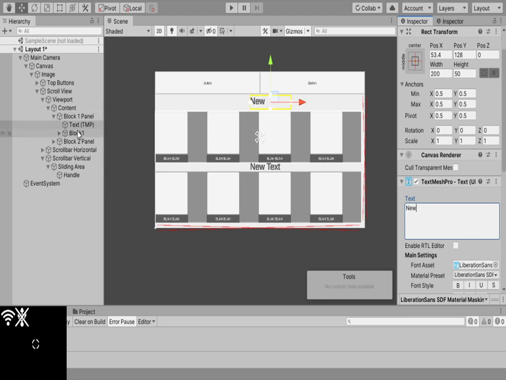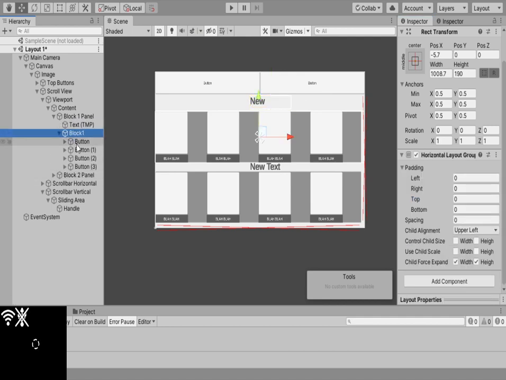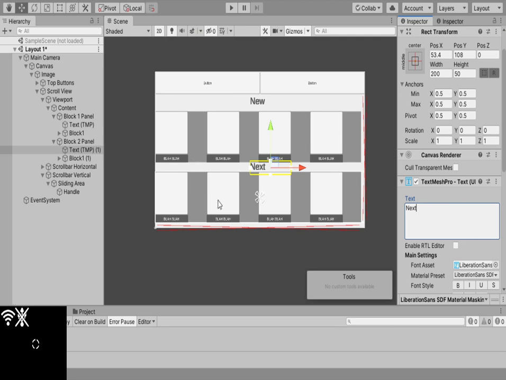Then we're gonna call this, see where we are here on block 2, and we're gonna call this next. New, next. Right? Okay, so now we could continue